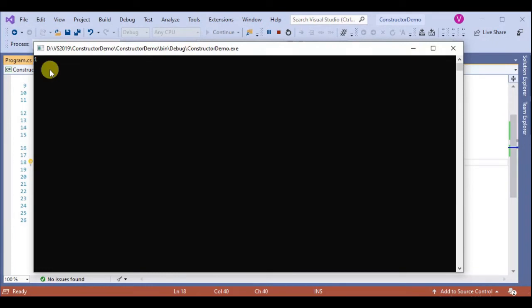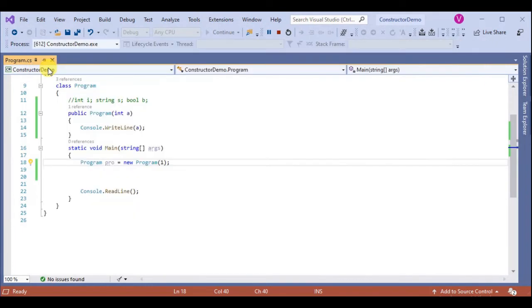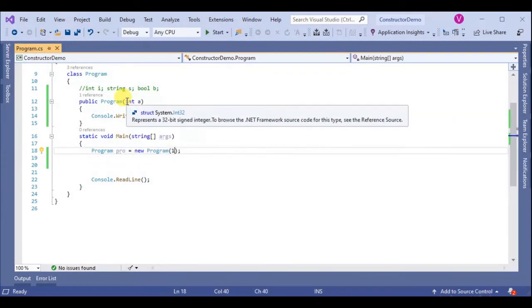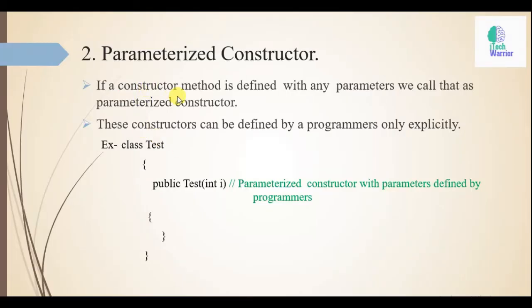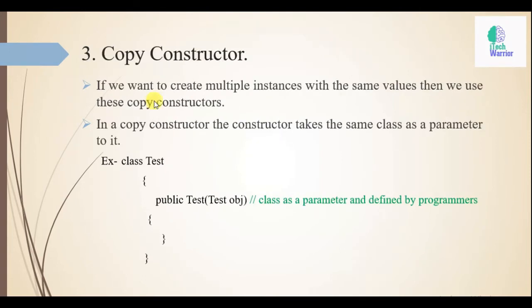Now you can see the output is 1. So this is a parameterized constructor. In the constructor we declare any parameter. So this is called a parameterized constructor or explicitly defined constructor. So move to the third constructor, the copy constructor.